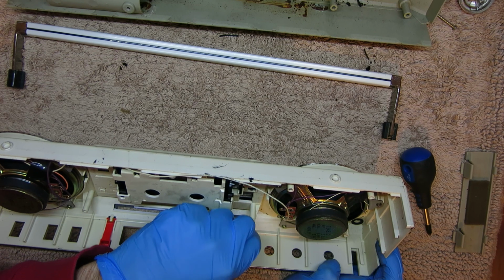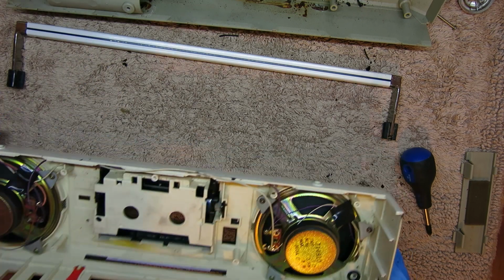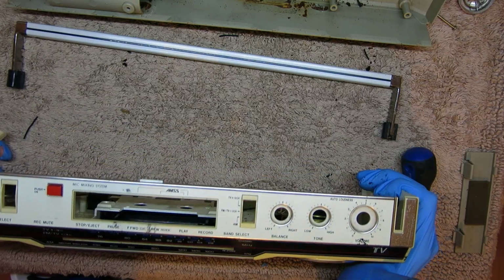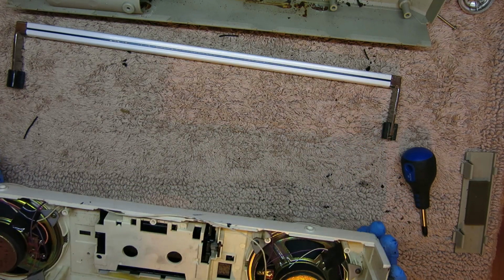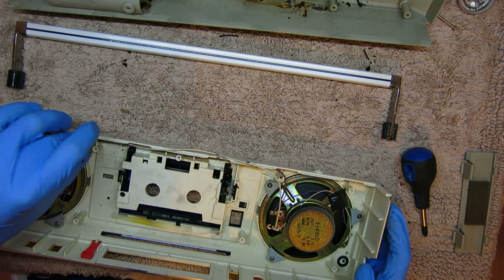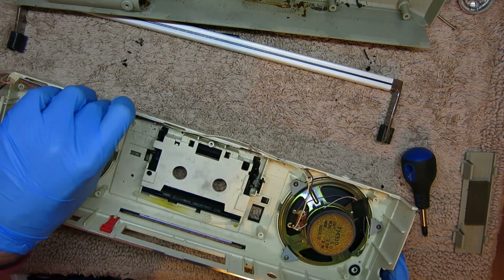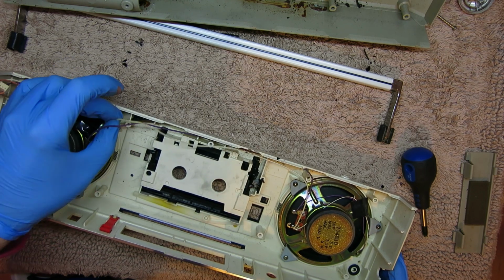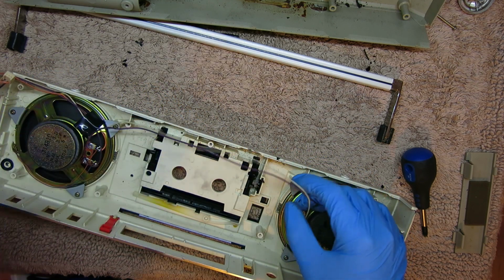I'm finding bits of this gooey belt everywhere, and it's gone everywhere. I'm going to have to clean my mat because it's gone all over the front. See at the top there, so everything obviously is going to have to be washed anyway. But I'm going to have to take these speakers and this wiring harness out. So there's a bit of black tape there that just holds the speaker wires. They thread underneath the screw posts,